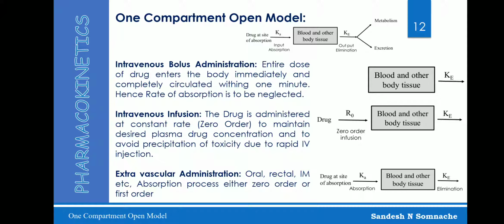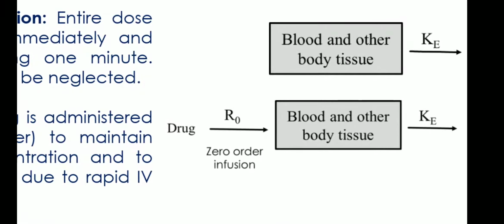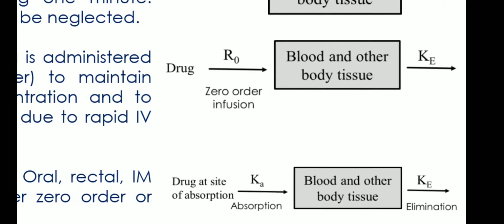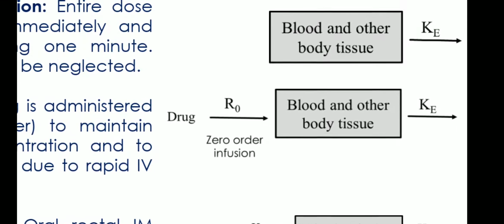In intravenous infusion, the drug is infused by a zero order process. That's why we can represent that like the compartment having blood and other body tissues, R0, that is the zero order infusion rate constant, and Ke is